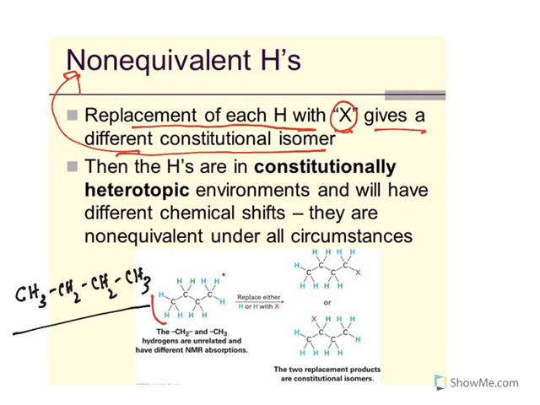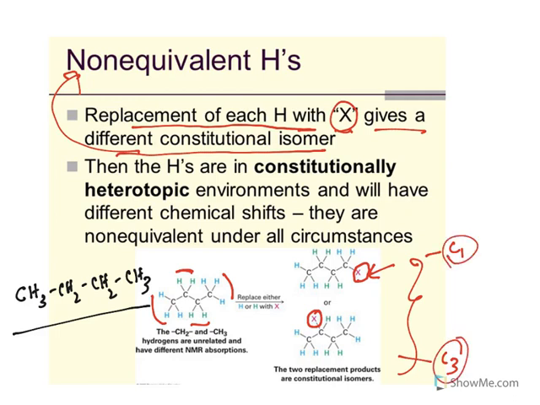See, the blue colored ones are one type, whereas the yellow colored ones and green colored ones are different types. Now, in this molecule, one of the hydrogens is replaced with an X, whereas here this X is replaced. Look at this. Are both of them the same molecules? No, they are different constitutional isomers. In this, the X is substituted on carbon 1, whereas here the X is substituted on carbon 3 or something. So they are different, right?